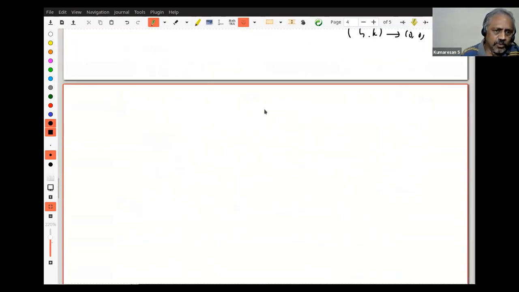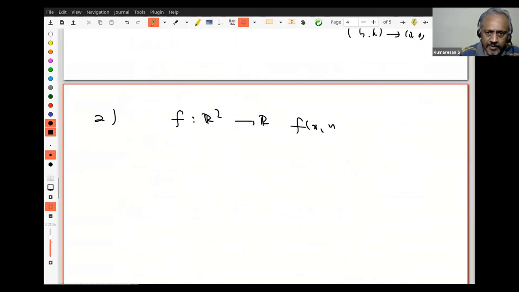Let us do one more very trivial exercise. It is an easy exercise, but let me do a simple one. Suppose f is from R2 to R, and f of (x, y) is x plus y. Do you see that I'm always looking at simple functions? This is one thing you have to learn. When you are learning a new subject, look at very simple examples which are easy to work with and which also give insight.